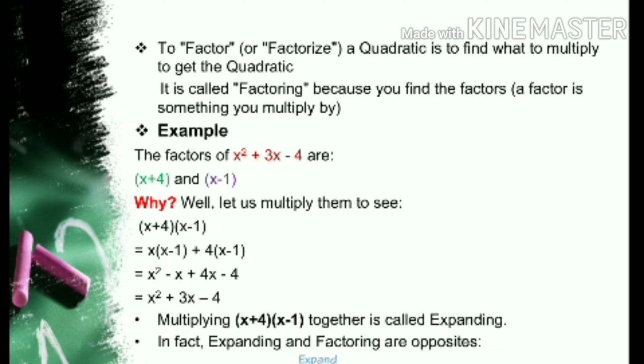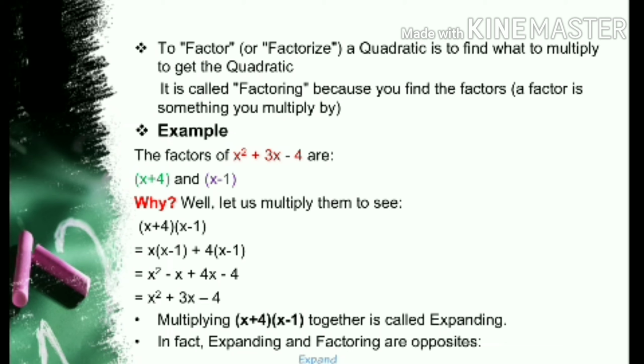What we will do is split the middle term. Because of the 4, we write 4 ones are 4, and 4 minus 1 is 3. So you will write here x square plus 4x minus x minus 4. Then you will take the common factor, so it will be (x plus 4)(x minus 1). These are the factors. This is the factorization method, otherwise called splitting the middle term, to factorize the quadratic equation.